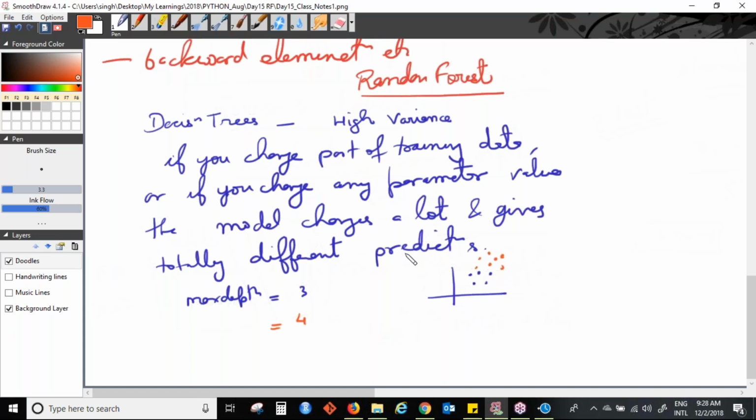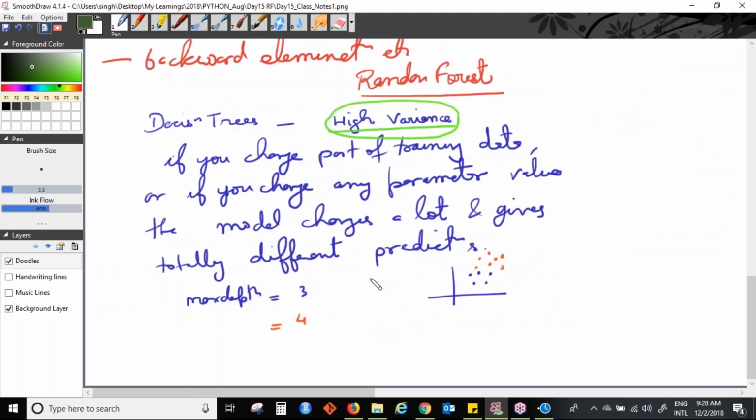So there is high variance in the prediction of the model. Earlier it was predicting here, now it has started predicting here. So this is a major disadvantage of a decision tree model, that it has high variance in the prediction.